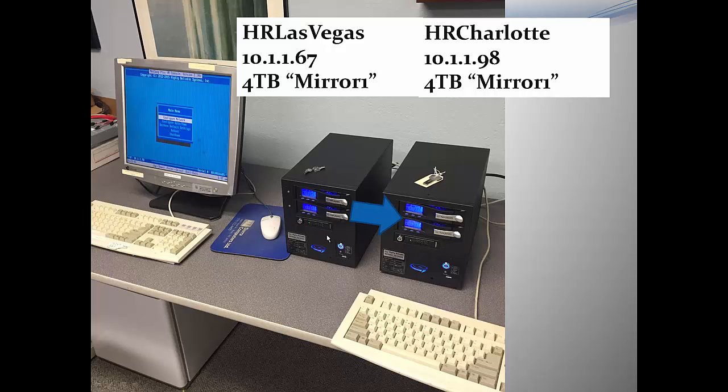Now, the one thing that's a little different than it would be in the real world is that since these machines are side by side and they're on the same network, they're using a private IP address. The Vegas box is at 10.1.1.67 and the Charlotte box is at 10.1.1.98. Each one has a set of mirrors that I've set up in advance to replicate two 4 terabyte drives to